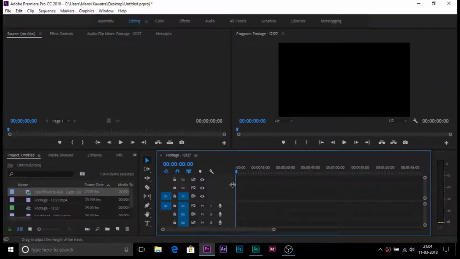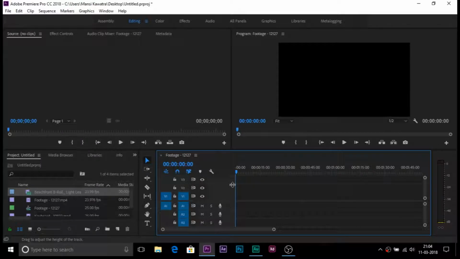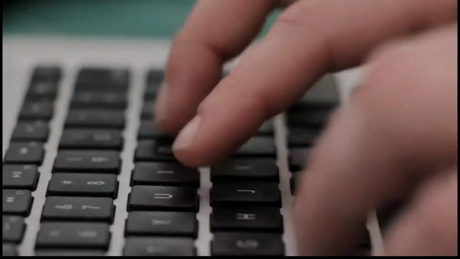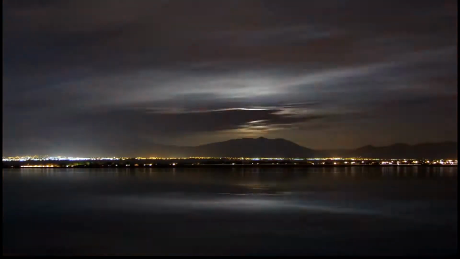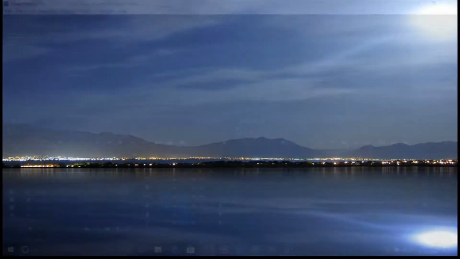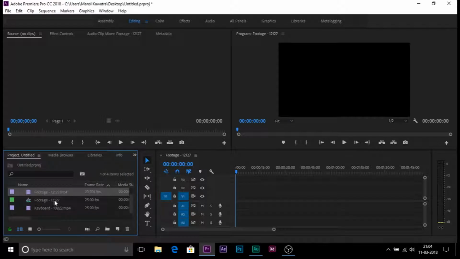In this video, I'm going to show you how you can create your own light leak transition in Premiere Pro CC 2018, just like this one. So this is pretty easy to do. I have some B-roll footage in my media bin. I'm importing it in my timeline,